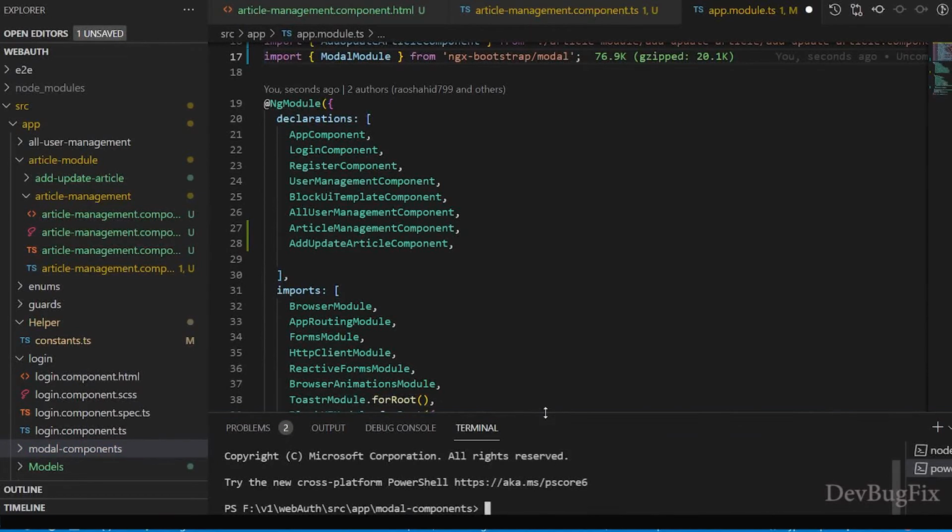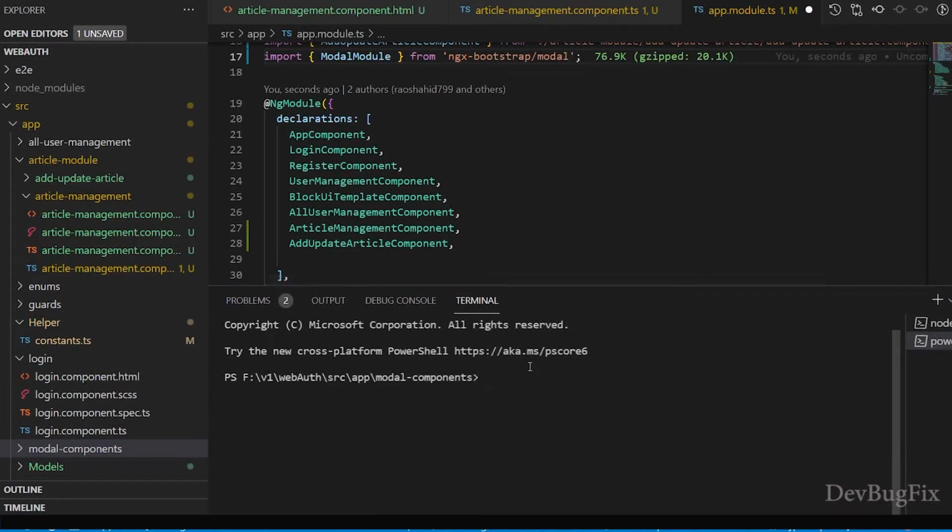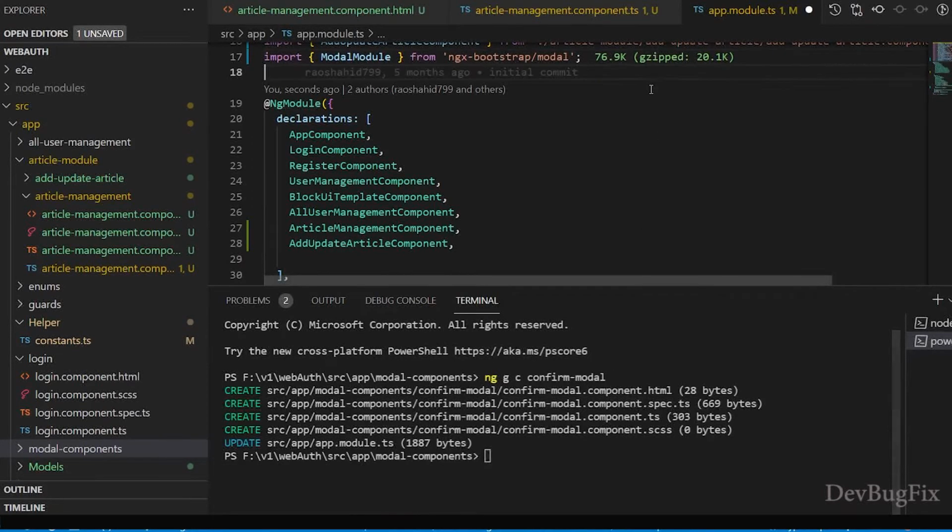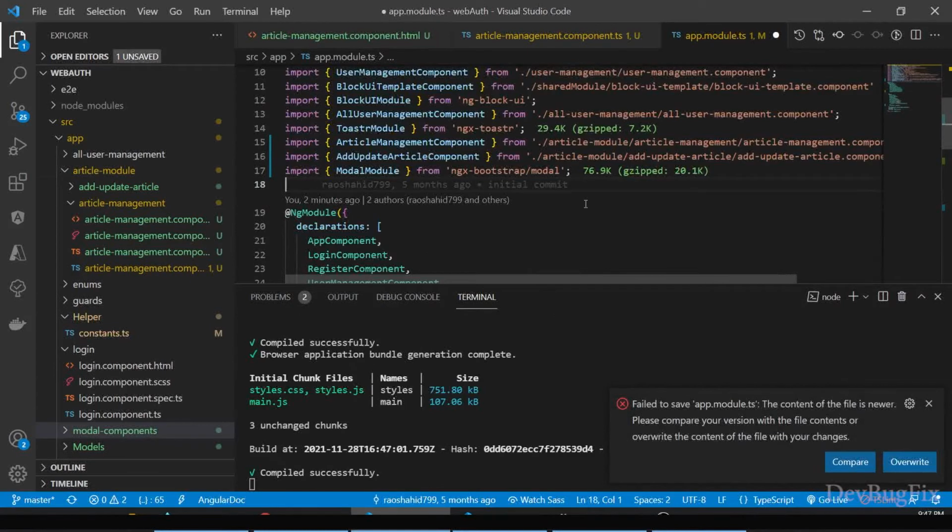Write the create folder command: ng g for generate, c for component, and the component name, confirm model. Press enter. The component has been created. Save the changes. VS Code is giving this error: